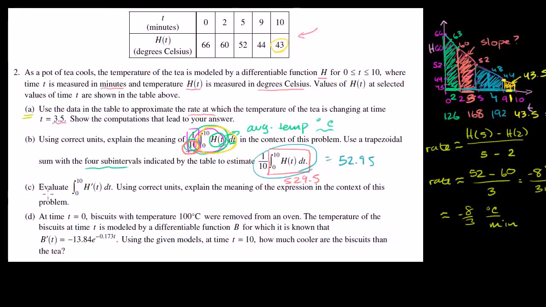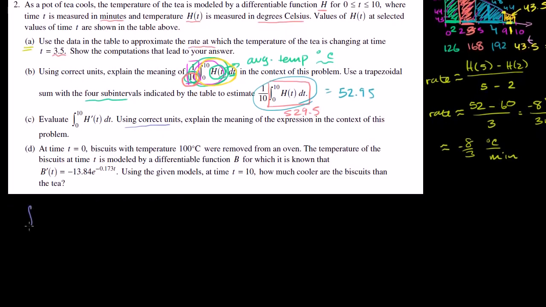We're now on part C. Evaluate the definite integral from 0 to 10 of h prime of t dt. Using correct units, explain the meaning of the expression in the context of this problem. So we know that if we just want to evaluate this definite integral from 0 to 10 of h prime